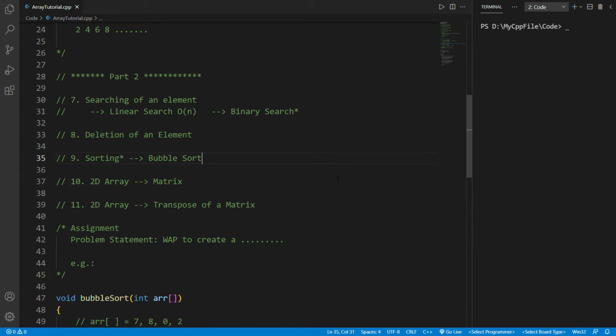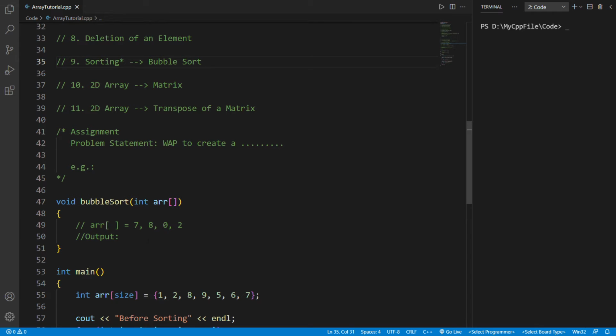So now let's understand the sorting technique, the bubble sorting algorithm. Before diving into the solution, let's discuss what sorting is. I hope you know what sorting is. This is nothing but rearranging an array in its ascending or descending order. Let's say I'm evaluating the ascending order. So what will be the output for that particular array? Nothing but 0, 2, then 7, 8. Fine. How have I calculated this?